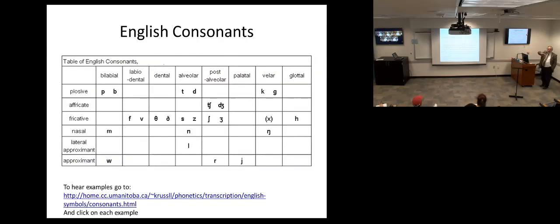So forget all of that. This is the part that you need to memorize. This is the set of consonants that we find in English. Now, here you will see that there are some differences in the symbols, okay? And it's not a coincidence, because what's happened here is